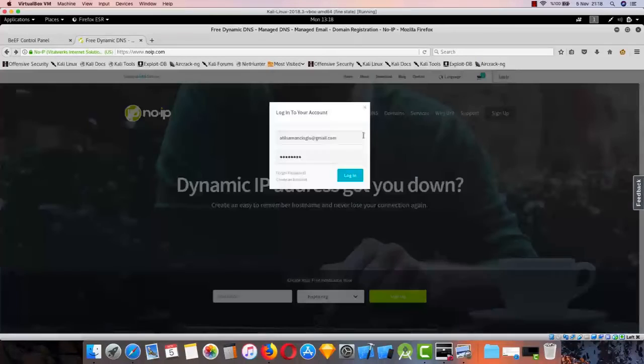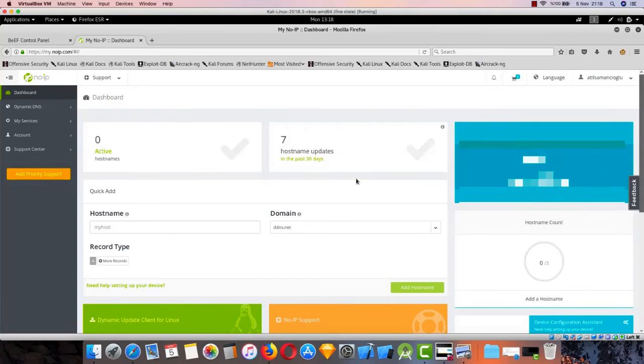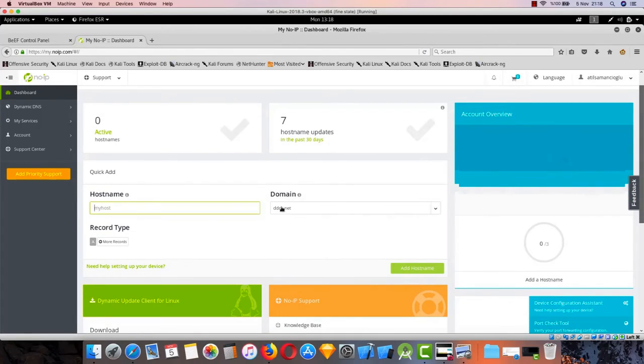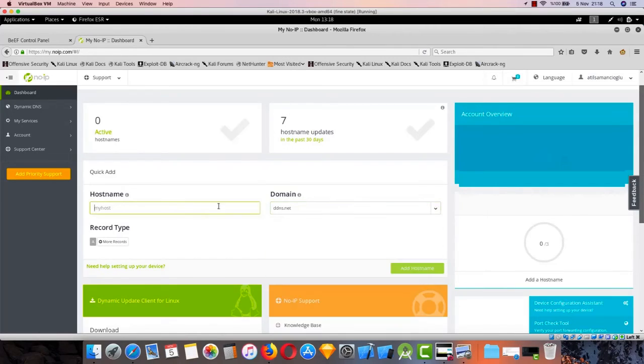After you log in, it will take you to a web page, a dashboard where you can do the settings, where you can adjust the options. Right now I don't have any active, as you can see. And I'm going to add one. So I'm going to choose a host name first, and I'm going to choose a subdomain from here. As you can see, you have a lot of options and they are completely free. So you can choose one of those domain names here, and then in the host name you can choose something like